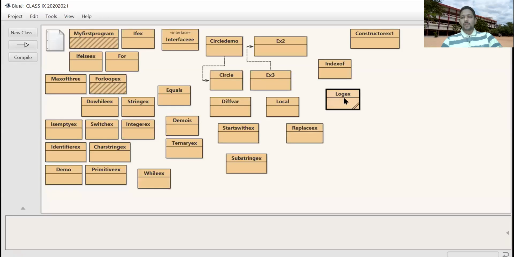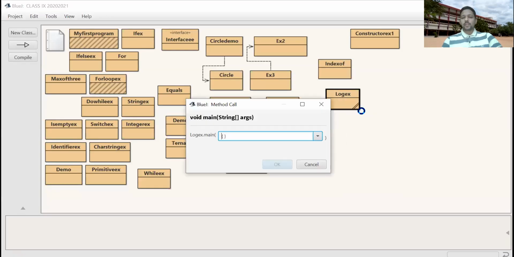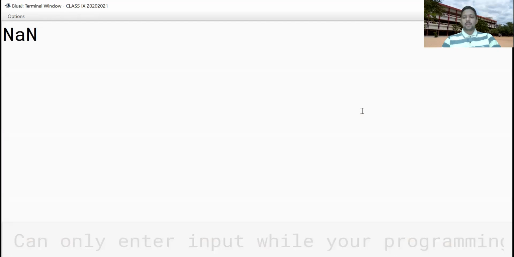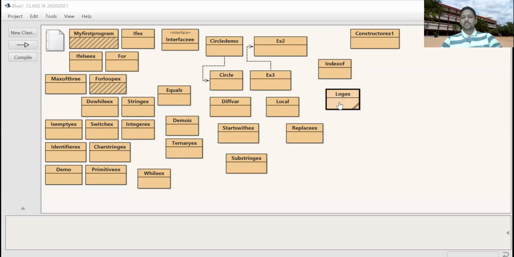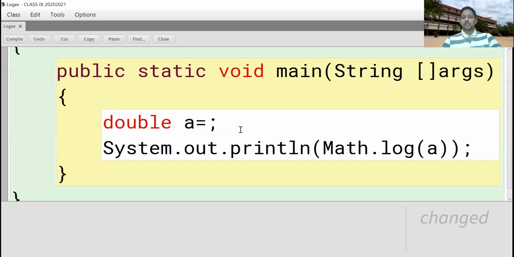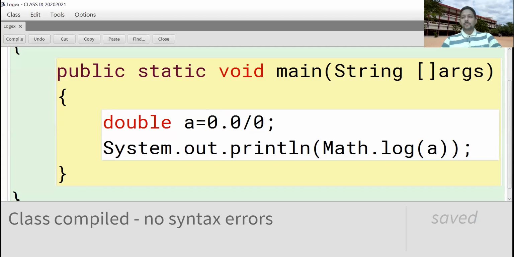If the given argument is negative, then it prints not a number. Next, if the given argument is not a number, then in that case also it will print not a number only.